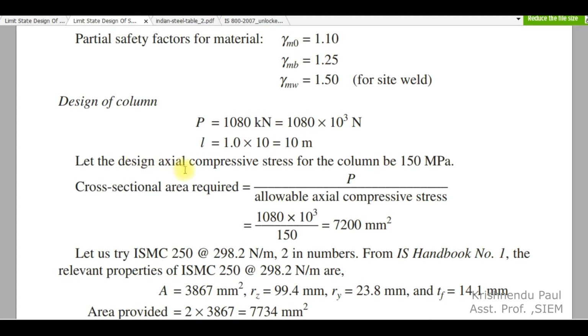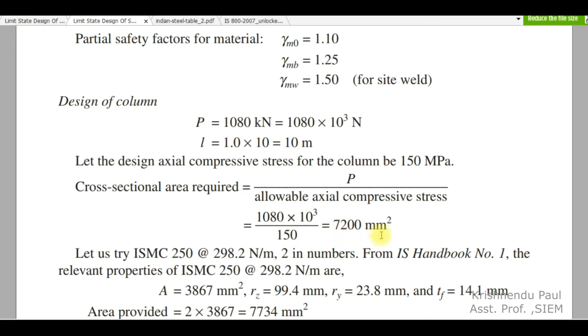So let the design axial compressive stress for the column be 150. You have to choose between 125 and 175, so they have chosen 150 MPa. This load should be carried, and the design compressive stress which is assumed is 150. So you can find the required cross-sectional area to carry this amount of load: the load divided by the assumed allowable axial compressive stress, so it is 1080 into 10 to the power 3, divided by 150,